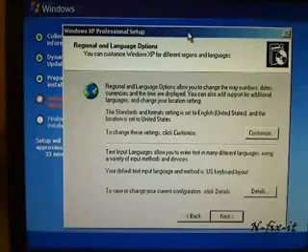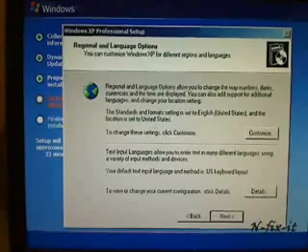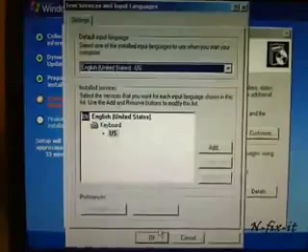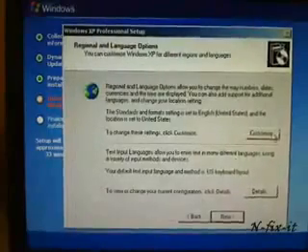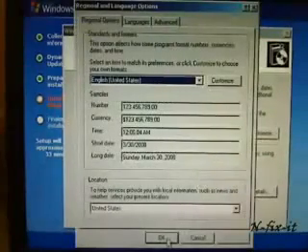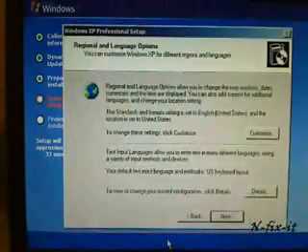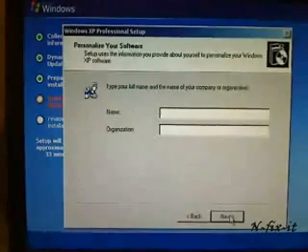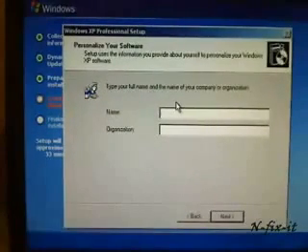Okay, so setup brings us to our first window, asking us about the regional settings and the language options. We're going to pretty much keep both of these at defaults. Just going to check, make sure. Just gonna leave these at the US default because that's where we are in the United States. Then it's gonna ask,